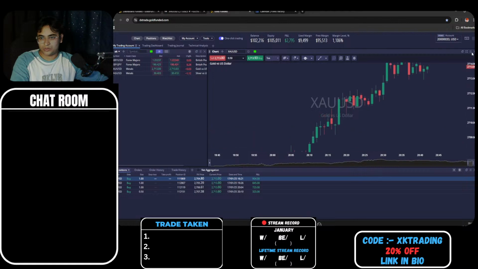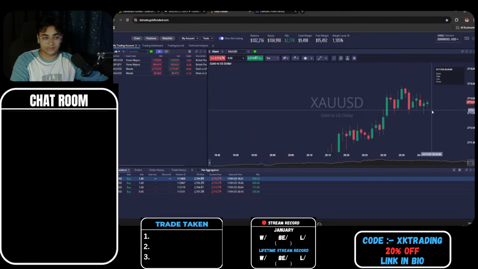On a 1 minute time frame, we are holding these areas. At the same time, I think if we break above this high, then we will be closing one position and let the 3 positions run. All we need is the break of the high here. But I'm pretty sure gold is not ready to give us that. So we cannot close the trade, and we hold it and we lose the profit.